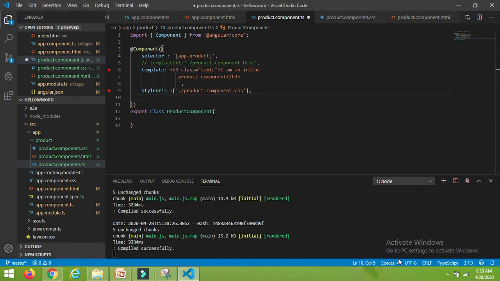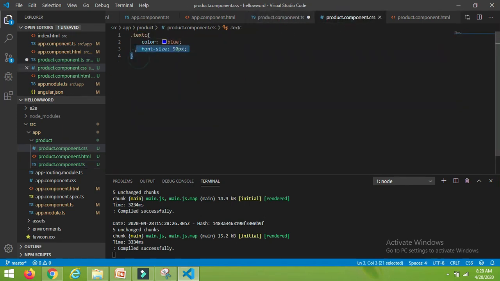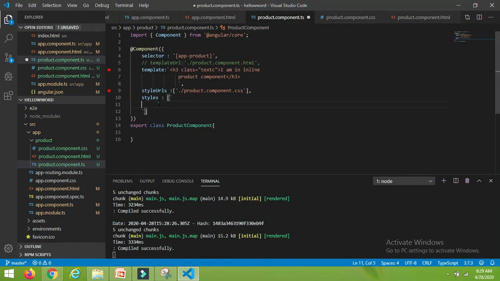So the key is styles. Just remove the styleUrls, then colon. Here also we have specified the array. Now we have to use multiple lines, so use the backticks. And now within this we have to create our classes. So let me copy the same one and paste it here.